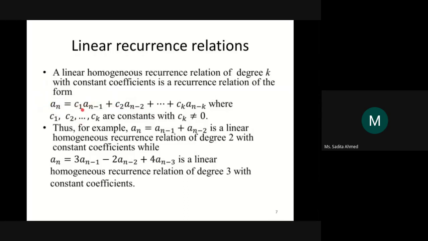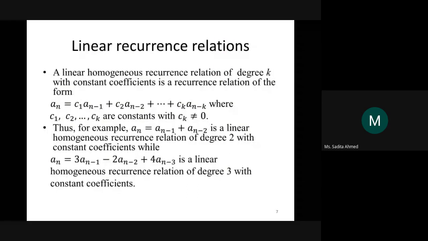You had a constant coefficient and then you were using the preceding values, n minus 1, n minus 2 if you need that, n minus 3 if you need that, and so on until n minus k for some integer k. So all of them fall under the same category, linear homogeneous recurrence relation of degree k. For example,